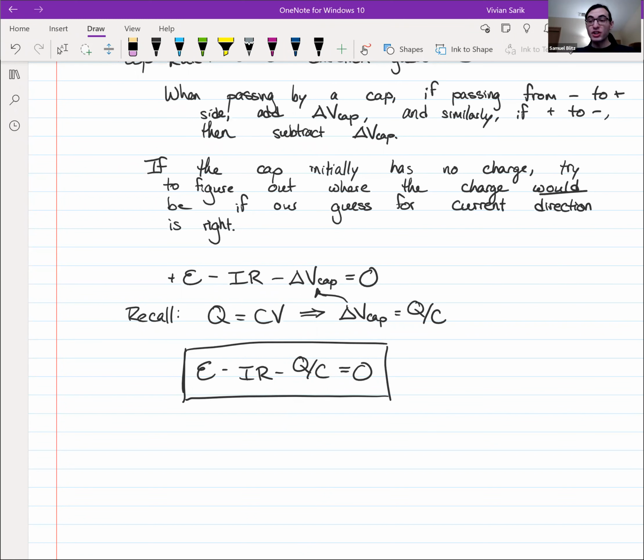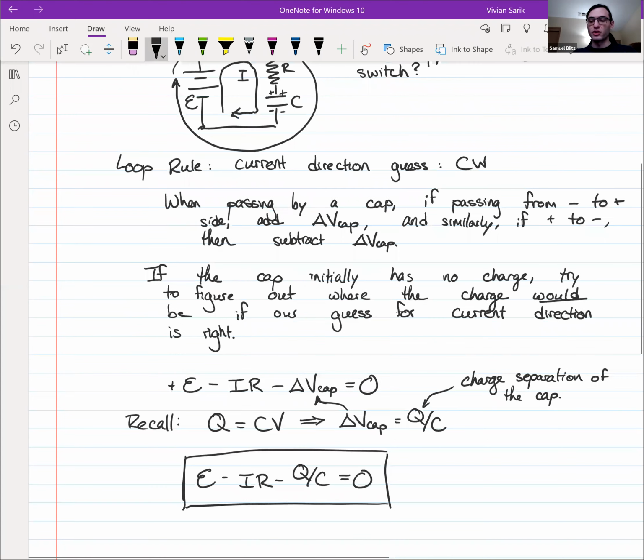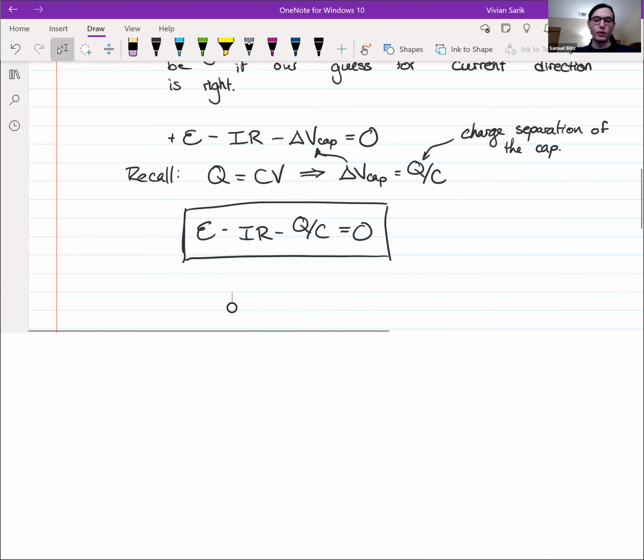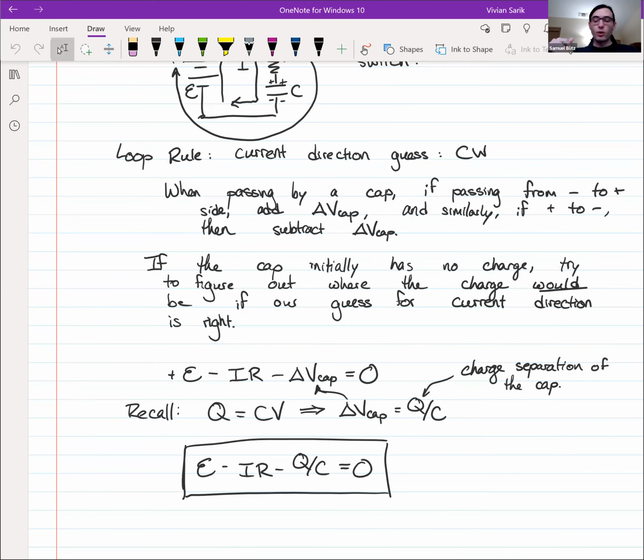So we're actually going to derive the explicit relationship between the current and the charge on the capacitor. By the way, remember that this is the charge separation of the capacitor. So what this is saying is that there's plus Q charge on one side and minus Q charge on the other side. Just keep that in mind. And this I is just the current through the whole circuit. Right. So we'll derive explicitly what that relationship is between Q and I in a minute. But first, let's just